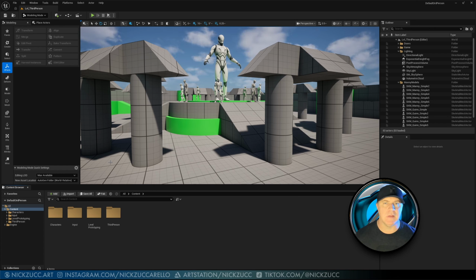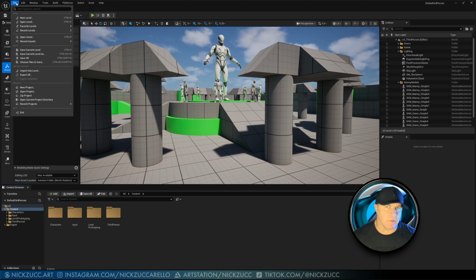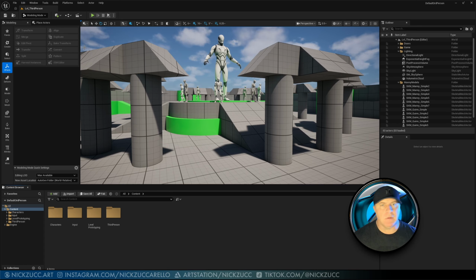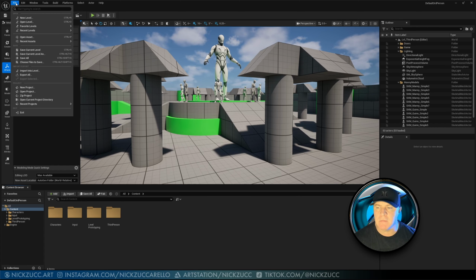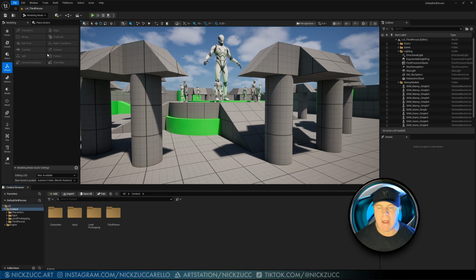Let's go ahead and talk about saving our map. So you probably noticed, just like any other application, you go up to the upper left-hand corner, you can go File, and you say Save All or Save Current Level, right? But I might want to give this thing a custom name, and I think I'm going to do that. I'm going to give my own level my own name, and I'm going to say File, Save Current Level As,